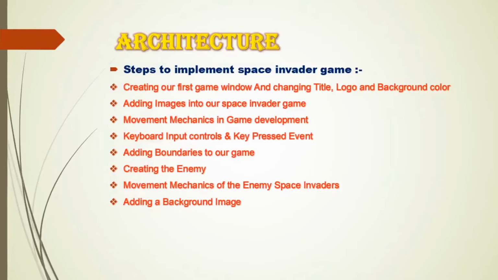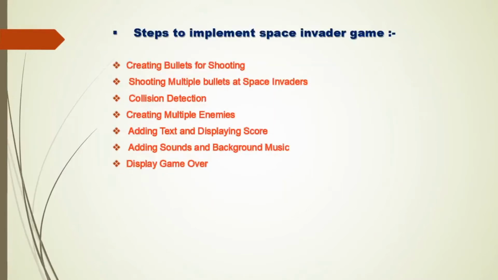The thing is enemies are coming from upward, so the bullet is going in the upward direction, that is along the y axis. So we keep x axis 0 and change the y axis, that is the bullet is going up to 480 pixels from the y axis, and we use two states here, that is ready and fire. Ready means you can't see the bullet on the screen and fire is for when the bullet is currently moving.